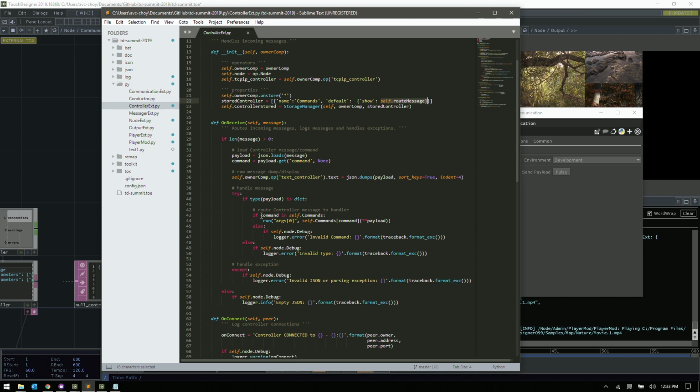So if that comes in here, it's going to say, oh, we found it, and then run self commands, which is this dictionary or this property. If it's in there, run the command and pass in the payload. It's saying in this dictionary, find that key, and then run the function. See these curly brackets here? Curly brackets means function. Run the function and then pass in the payload. And this asterisk notation means pass in the dictionary as a set of key values. So basically it's going to pass in